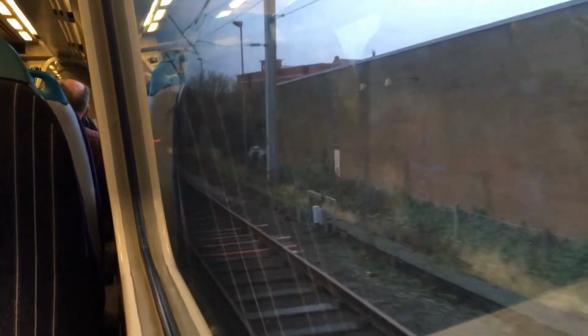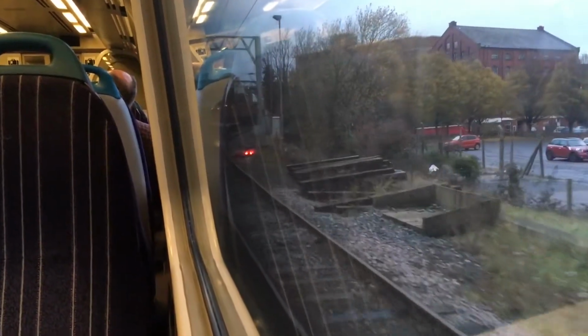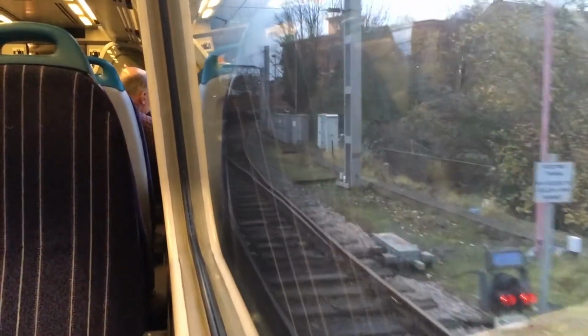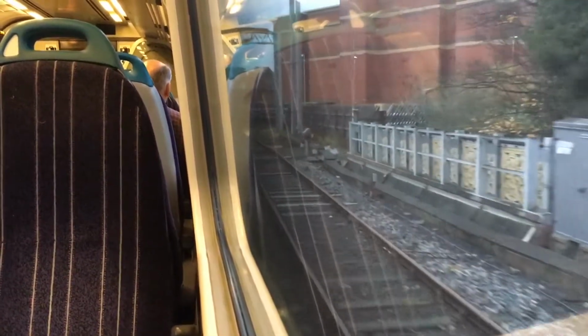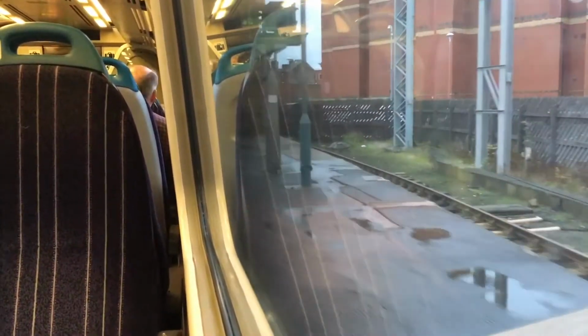Go into platform 6, I say should, but whether we will do or not remains to be seen. There's been the occasional non-use of platform 6. I think that's what we're doing, yep, looks like it. And I'm quite happy because